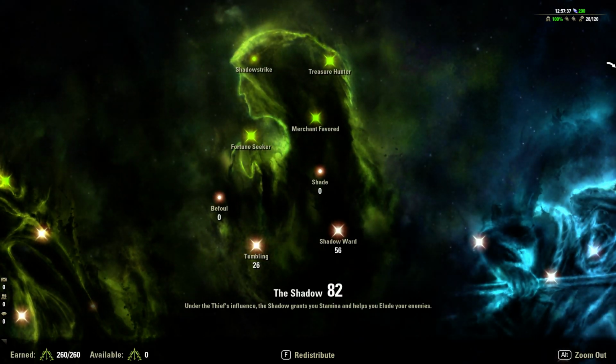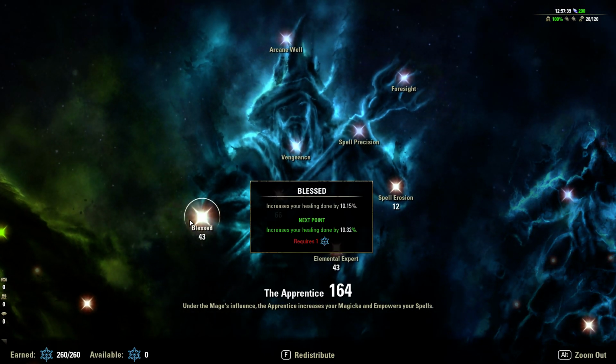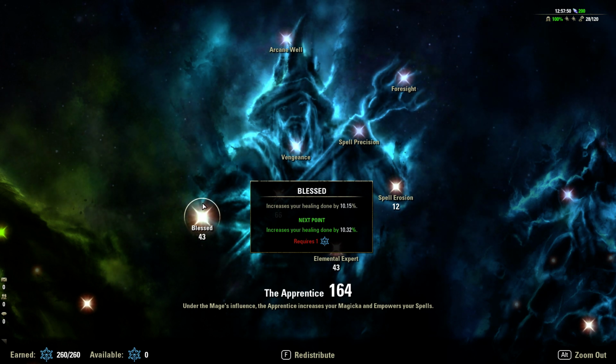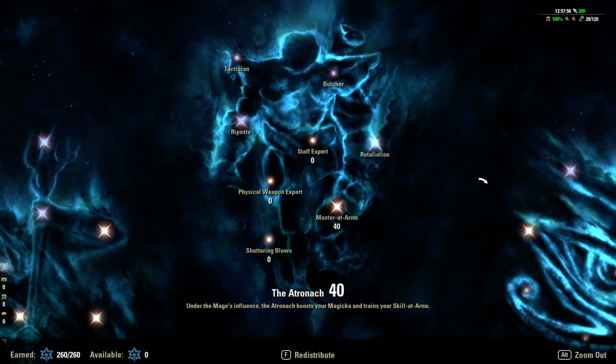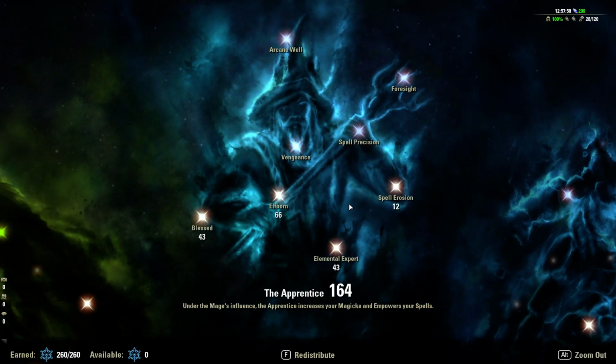26 here. Moving on over here, we have 43 in Bless. This increases healing done. So this affects Lotus Blossom and our Arctic Blast on ourselves. So when you add that 10% to all the healing received we have, we actually get really good outgoing and incoming heals. Moving on to the middle tree, or sorry, before we move on to the middle tree, we have